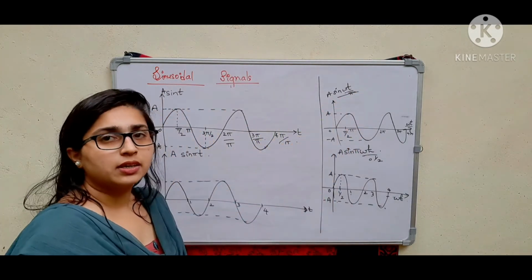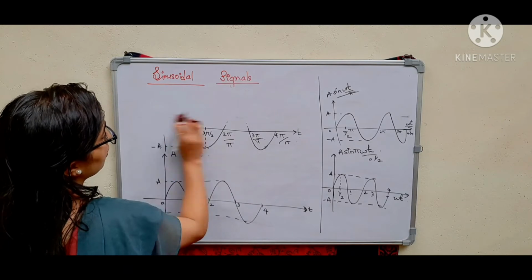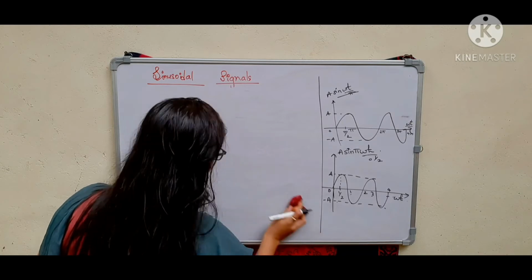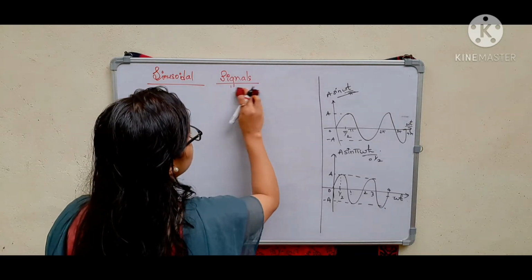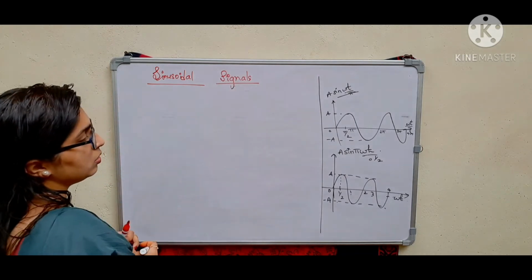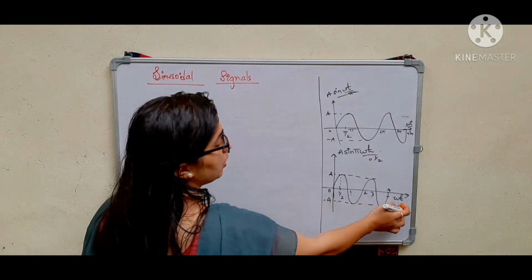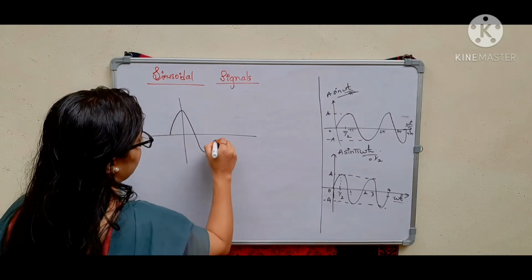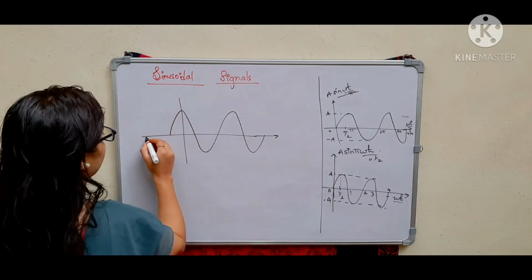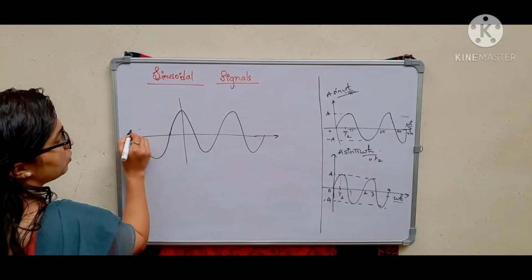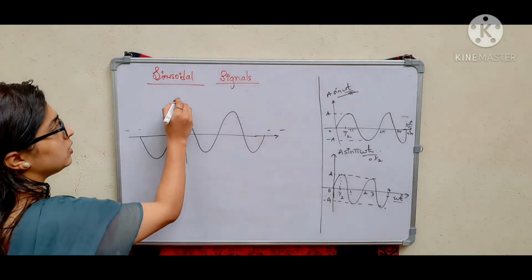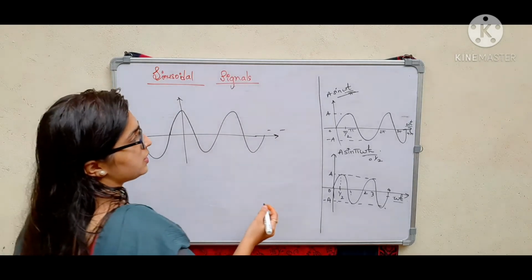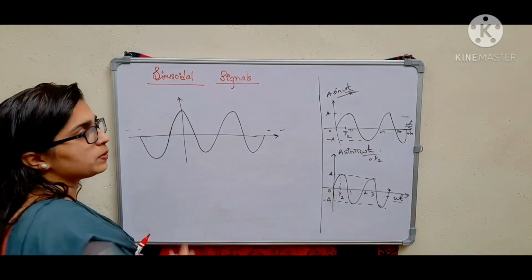Like this you can represent the cosine function also. Cos omega t, cos pi omega t with respect to omega t, and with respect to pi omega t you can see, and then you can do it with omega t. So cos is like this. It goes on. These are the periodic signals actually, the cos and sine signals, and sine will be your odd signal and cos will be your even signal.